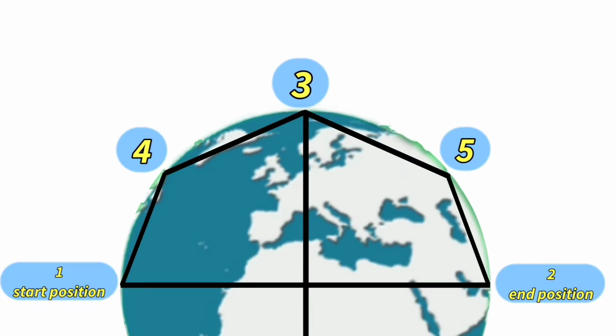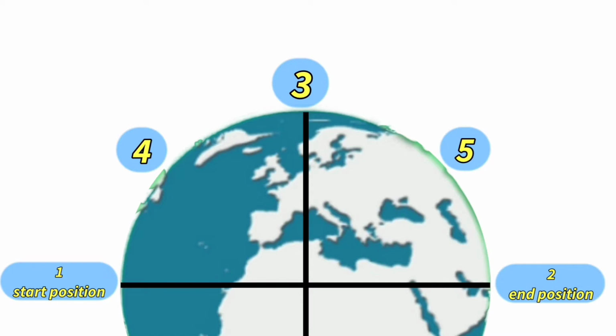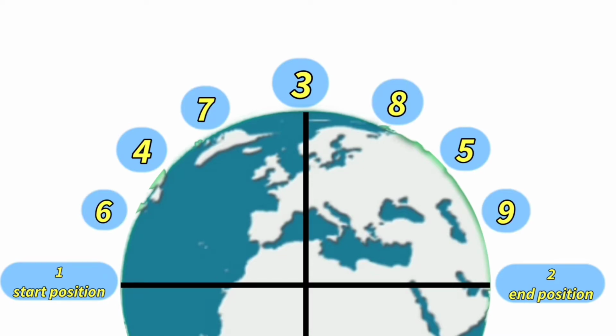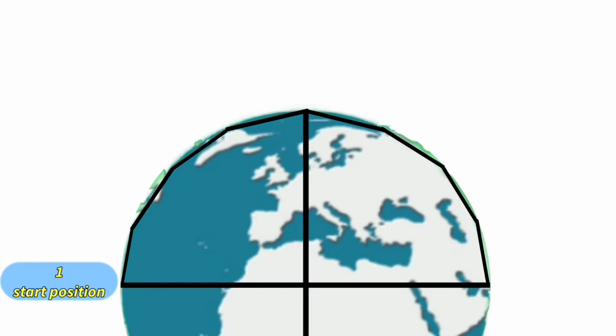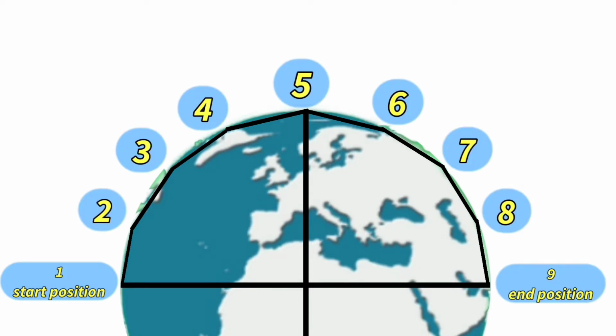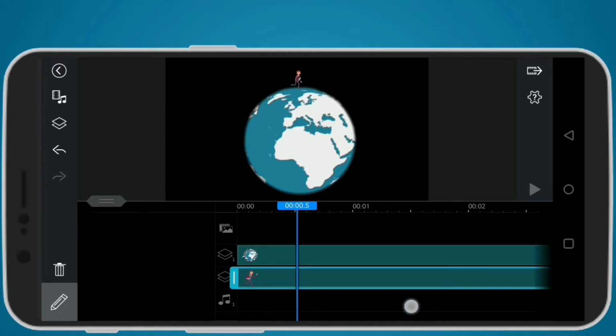It looks good though, but we can actually make it better by adding some more points. This gives us more accuracy. So after connecting these points, it's much better than the previous one, and let's go ahead with this. So we have a total of 9 points, and let's rename them from 1 to 9, and we need to place the character at these 9 points.